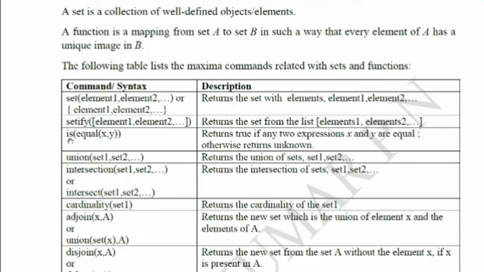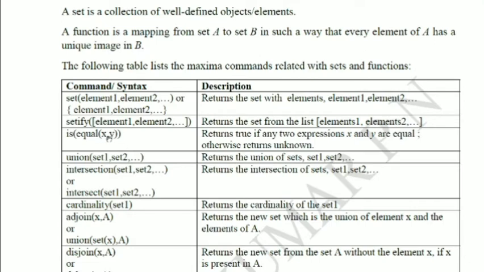Then the next command is is(equal(x, y)). Suppose x is one expression or equation, y is another expression or equation. Then we are verifying whether these two expressions are equal or not. Within is(equal(...)) we give the two equations.